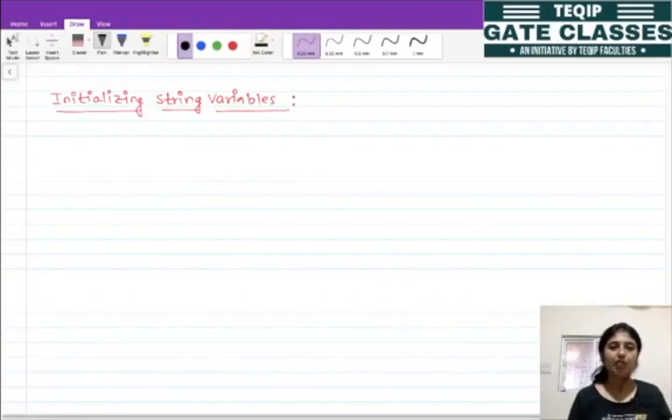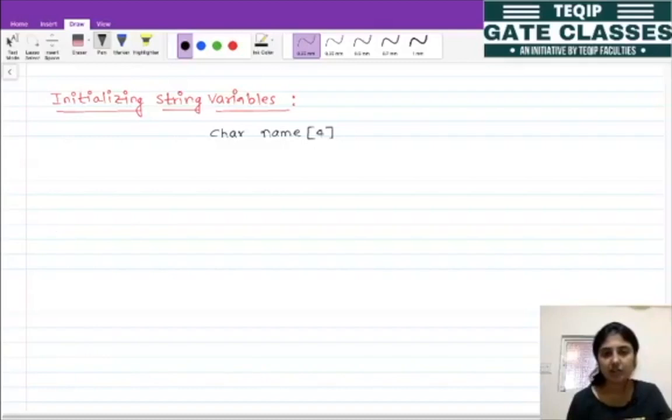Let's see how we can do the initialization of the string variable, right. So first declare the string variable, say char name of 4. So one way is, while declaring the string variable, pass the string in double quotes. So let's say here only I am passing this word CSE and semicolon.